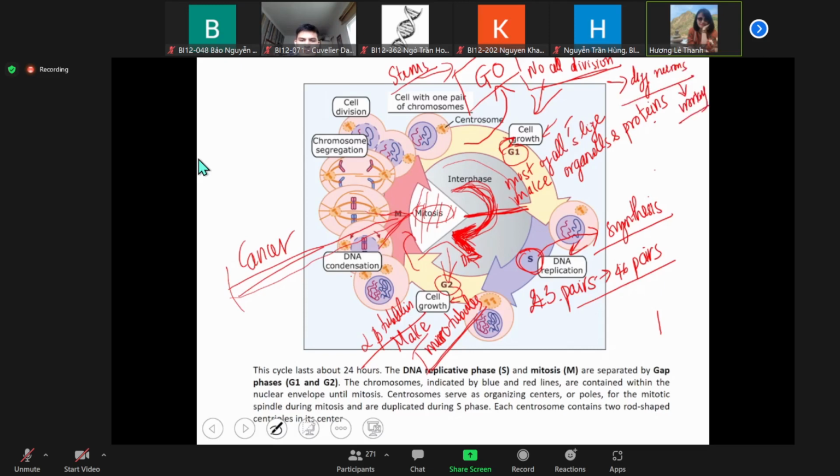So the stem cells of the neurons in the G0 state don't divide, but whenever we have an injury to your brain, the stem cells will jump from G0 and come back to the cell cycle to heal your brain. Other types of cells that jump into G0 include several types, like some of the heart cells,